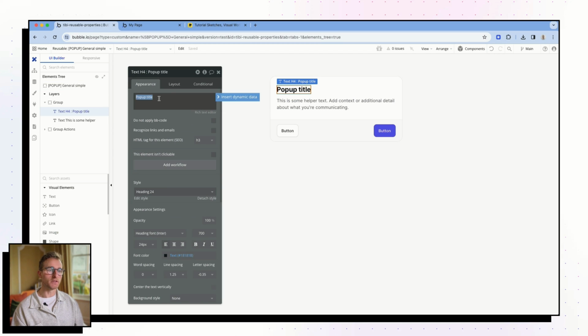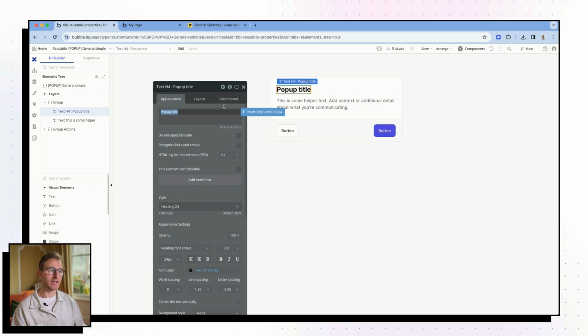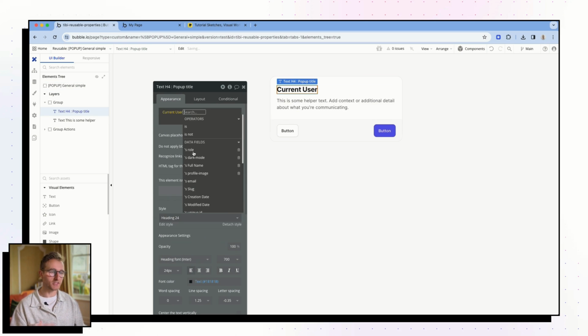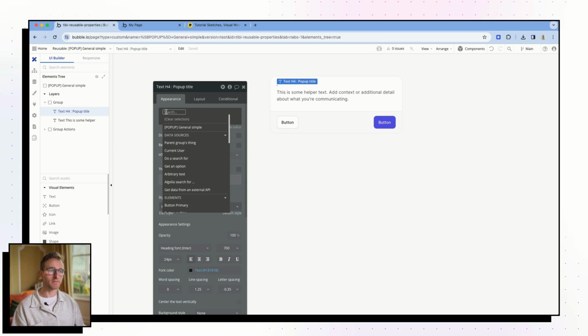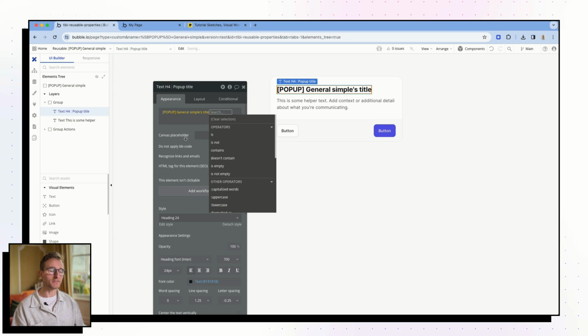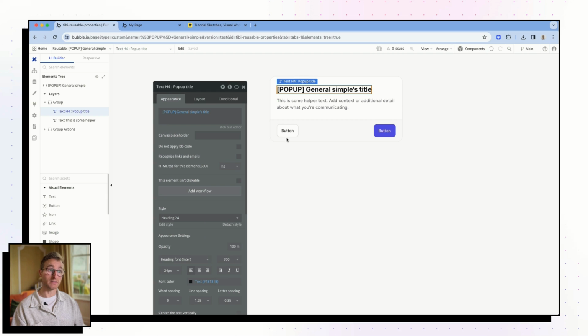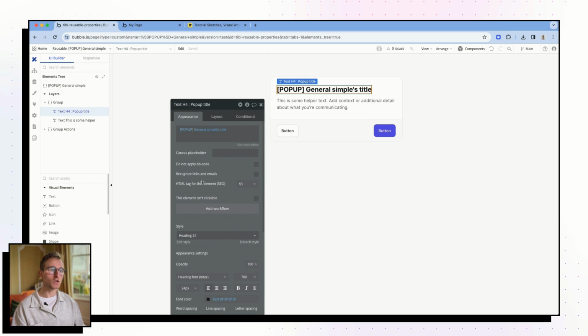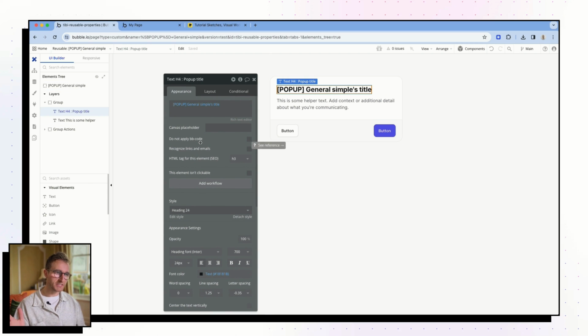So what we want to do is set this as a dynamic data source, just like if we were feeding it from the database, or from current user's full name, or whatever have you, right? I'm going to right-click and clear the expression here, except this time we can click on the pop-up and feed the title value that is given. I'm going to set this up with just the title, to show you how it works start to finish.